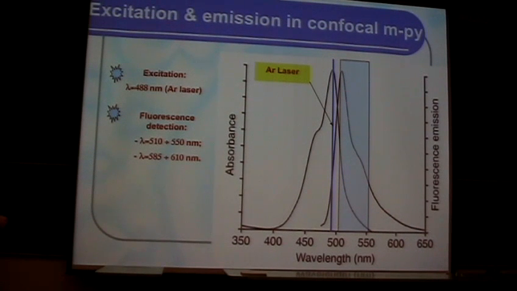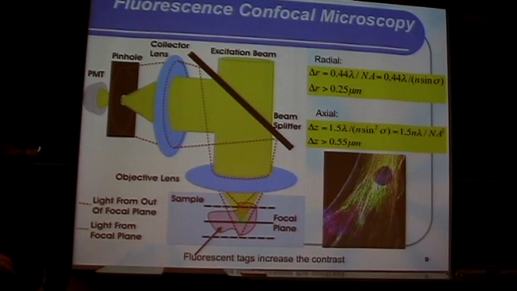So, typical examples, you can see in here, for example, the dye for which we excite. We use argon laser for excitation at 488 nanometers, and then fluorescence light is detected in the spectral range of 510 to 550 nanometers. So this confocal imaging technique has been widely used in biological and material sciences. And in here you can see a schematic representation of a modern fluorescence confocal microscope,